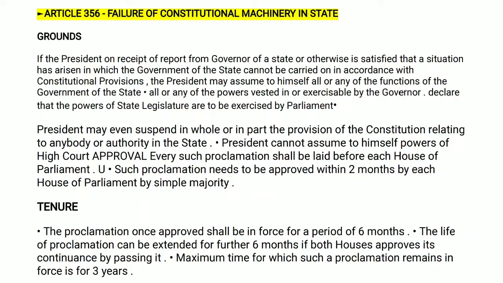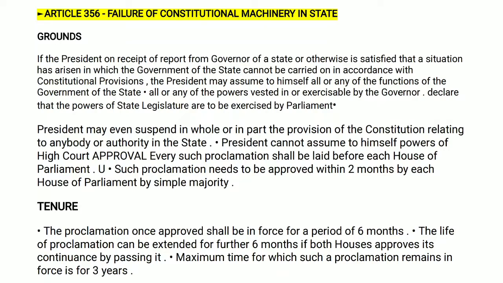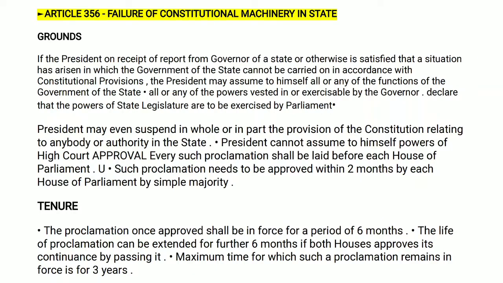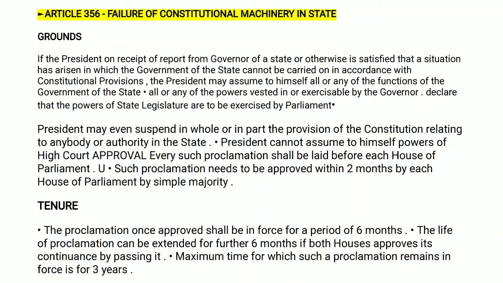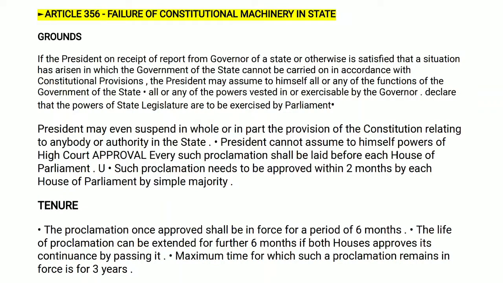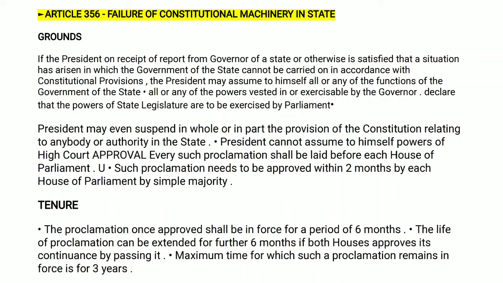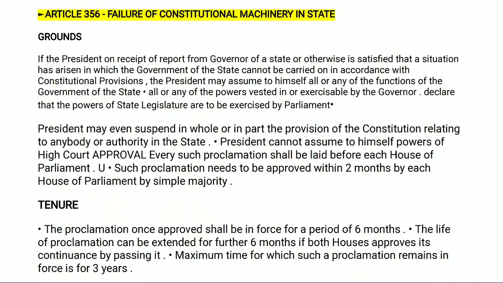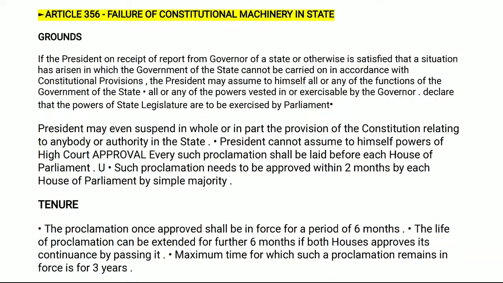Now, let's discuss another emergency, that is Article 356, failure of constitutional machinery in a state. Grounds. If the President, on receipt of a report from the Governor of a state or otherwise, is satisfied that a situation has arisen in which the government of the state cannot be carried on in accordance with constitutional provisions, the President may assume to himself: a. all or any of the functions of the government of the state, b. all or any of the powers vested in or exercisable by the Governor,